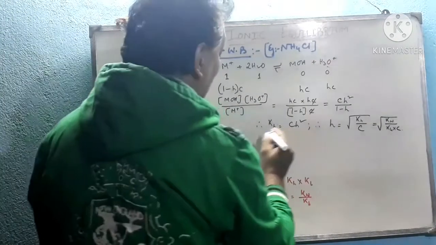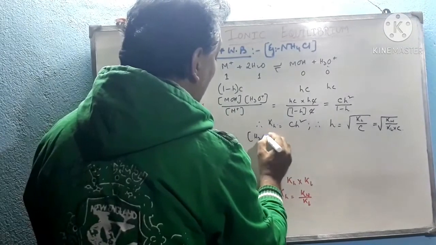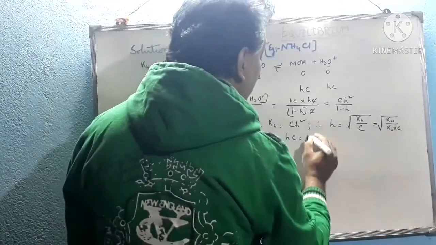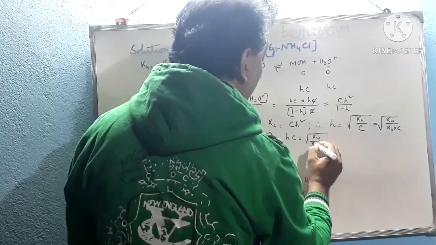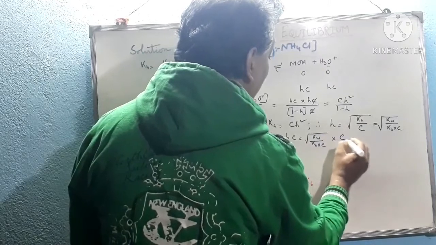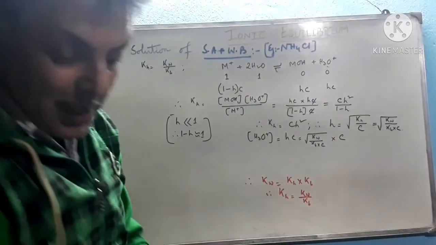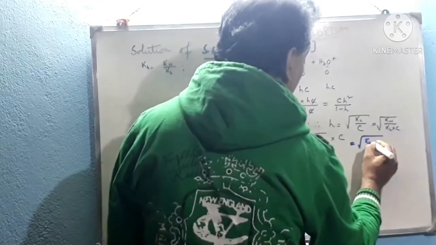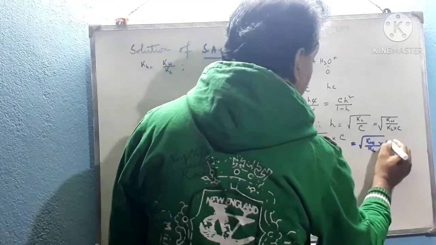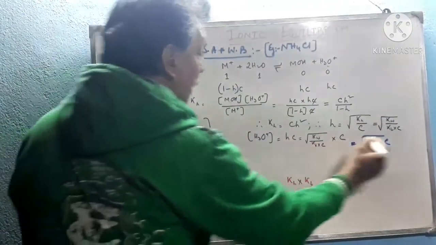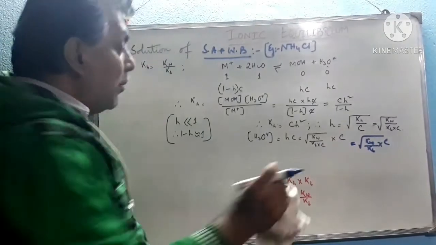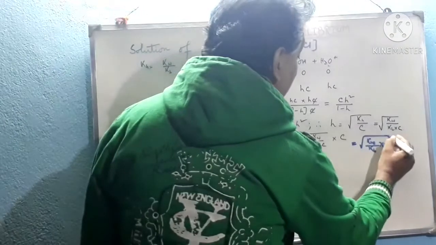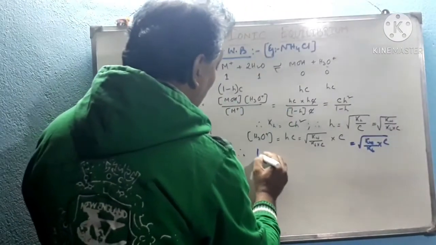Now for the H3O plus, concentration of H3O plus, we can write here Hc. That means for H you can write here Kw by Kb into C. It is multiplied by C. So from this expression we can write root over of Kw by Kb into C. So concentration of H3O plus is root over of Kw into C divided by Kb. Therefore log of H3O